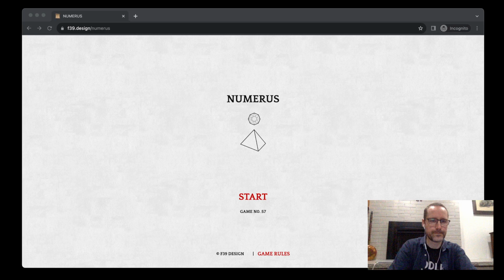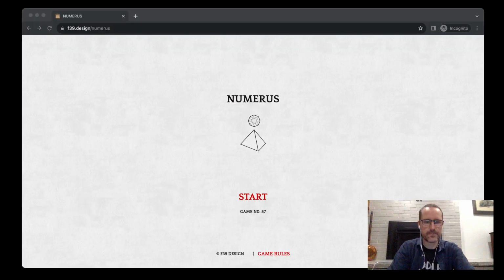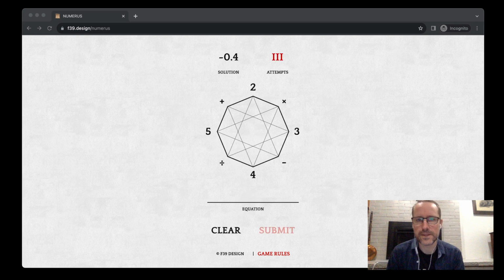So game 57 of Numerus has a trick that you might not be aware of, so I'm going to show you how it works. So here we are, game 57, we'll start. And what you'll notice is that the solution is negative 0.4. So what you probably end up wanting to do, like you recognize that, okay, we need to get to 0.4